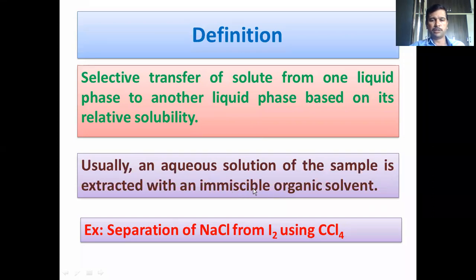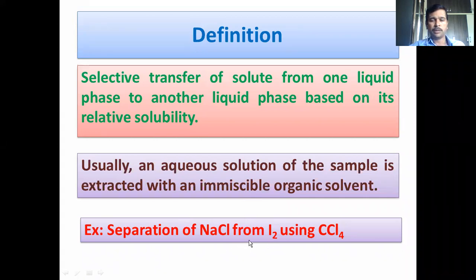They must be immiscible. Whatever organic solvent you are going to use, whatever aqueous solvent you are going to use, when you place both solvents in the separating funnel, they must be able to form two different layers, two distinct layers. The solvent which has greater density will be at the bottom, and the solvent which has lower density will be at the top. So there are two distinct layers of solvent present in the separating funnel. The lower layer will have greater density than the upper layer.